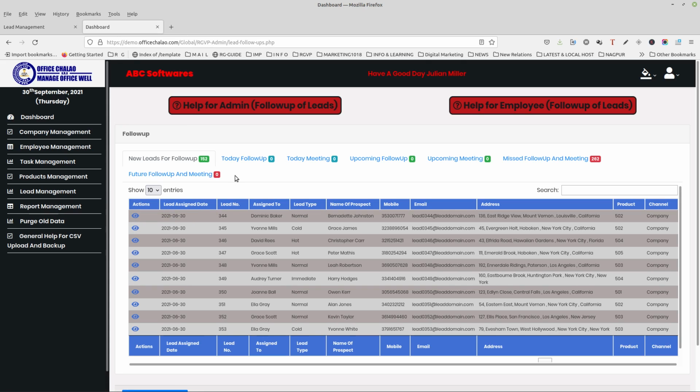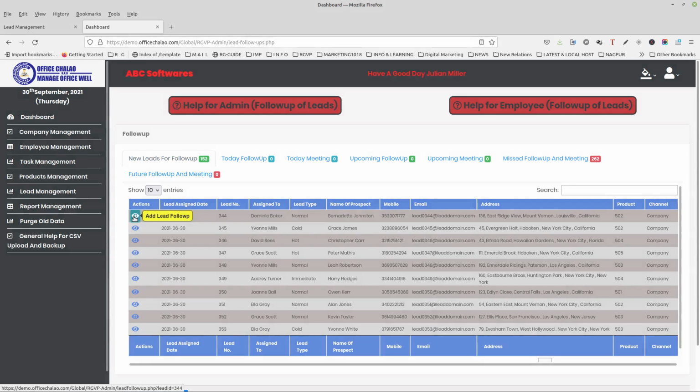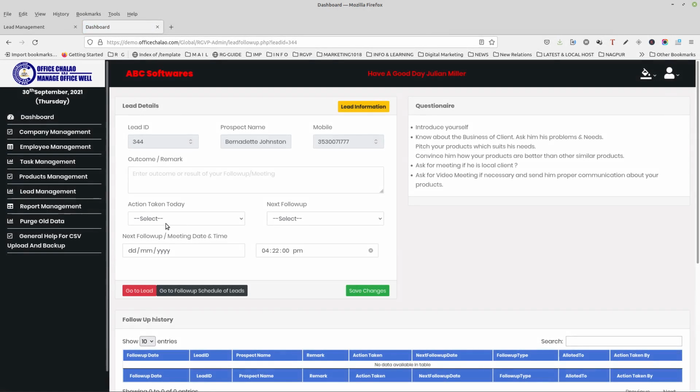Here I will show you how the follow-ups appear in today's follow-up tab. Let's take a follow-up on the new lead and schedule it for today by filling the necessary fields in the follow-up section.